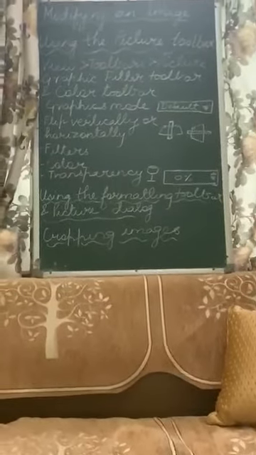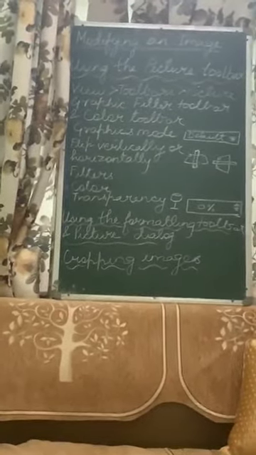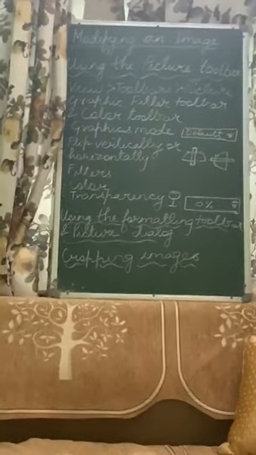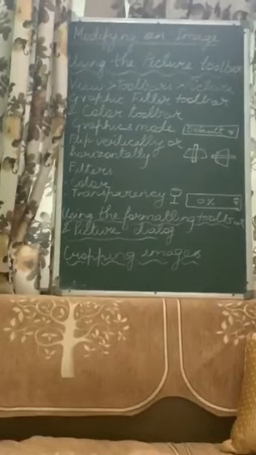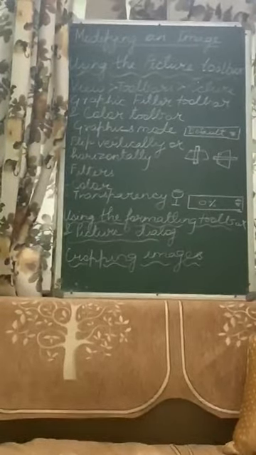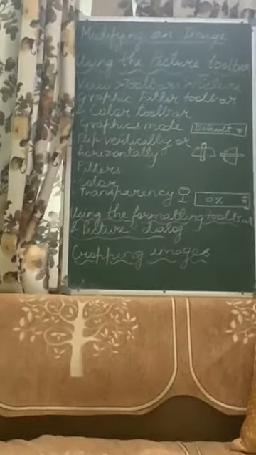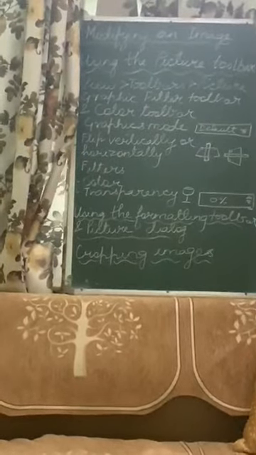Then filters. You can apply various filters to your image, that are the graphic filters. For example, you can invert the image, or smoothen it. Smoothen means you can soften the contrast of the image. Sharpen means you can increase the contrast. The next graphic filter is remove noise, that is, remove the single pixels from the image. Then the next filter is solarization, which means you can minimize too much light on the picture.